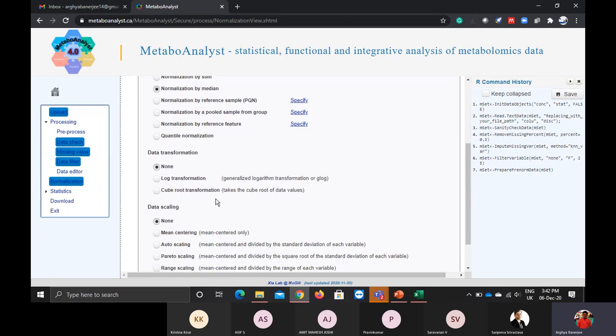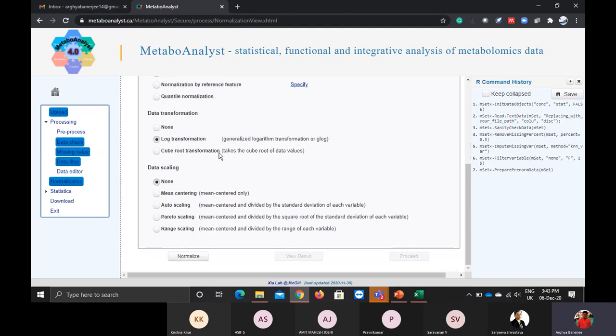Now if I come to the data transformation, I have the mass spectrometry values in the units of 10 to the power 6, 10 to the power 7. Those are huge numbers. How am I going to read them? I will generally do a log transformation. My log transformation will scale my data to a 2-digit or 3-digit number, rather than 10 to the power 6, 7, 8. This is one of the benefits of data transformation. So data analysis becomes very easy.